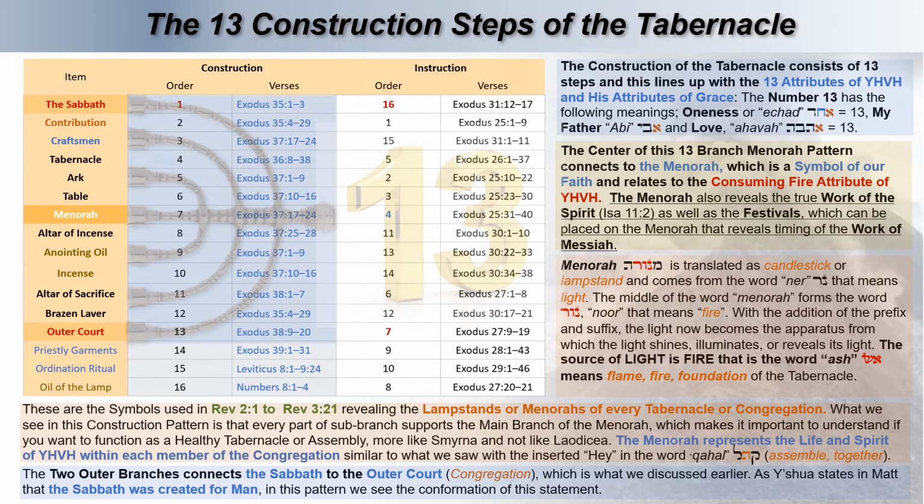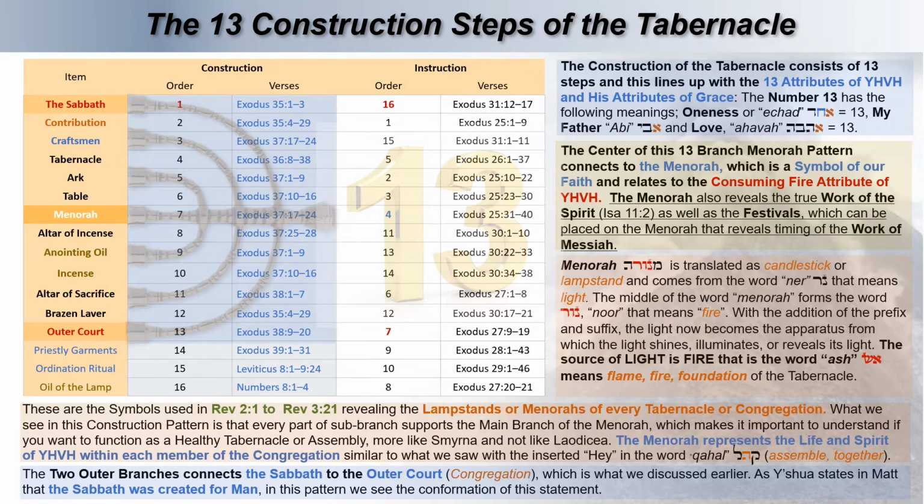The 13 construction steps of the tabernacle. Now, last year I looked at this as well, and it's different between the instructions of constructing the tabernacle which Moses received on the mountain, and then the physical construction of the tabernacle. So that within this table you can see the differences. Now, last year I went into the detail of looking at the differences and the numbers and all that. I'm not going to go into that this year, but what I want to highlight here is, because we're looking